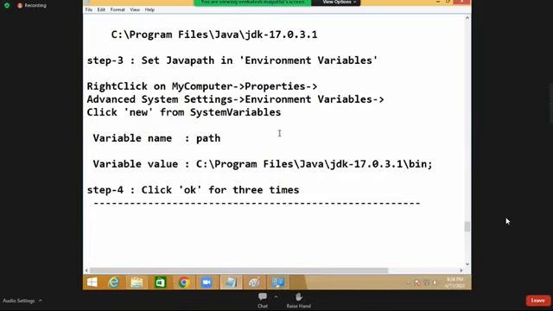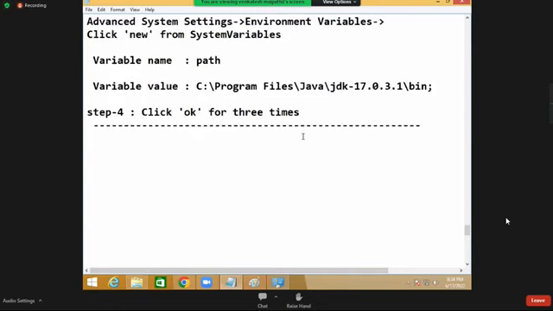Sir, how can I know I did my process correctly? My software is ready, how can I know? We are going to check whether 2 commands are working or not. Make a note. Open command prompt and check